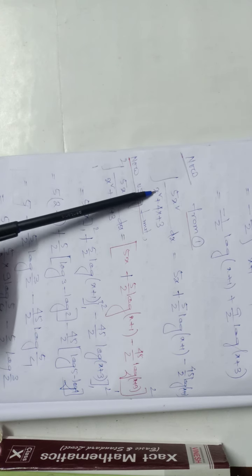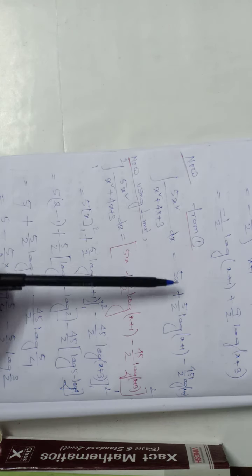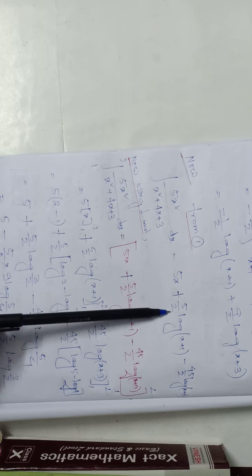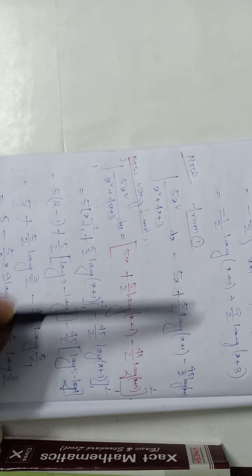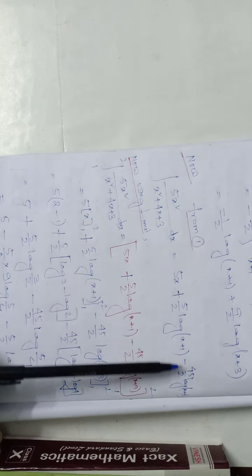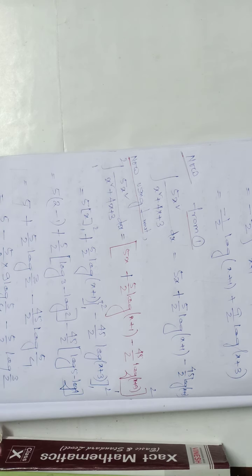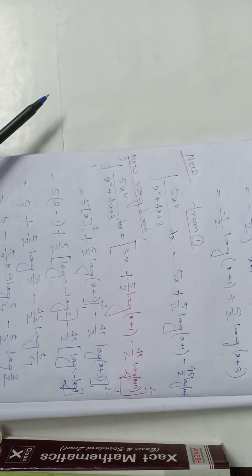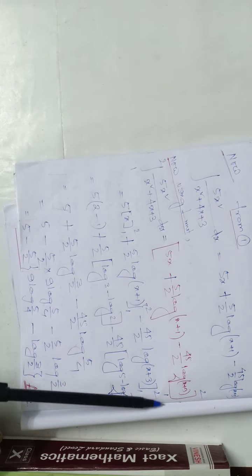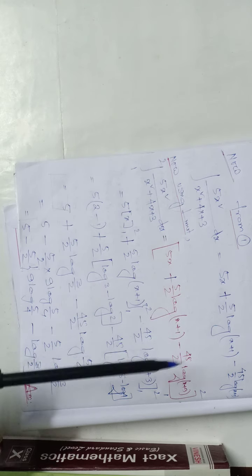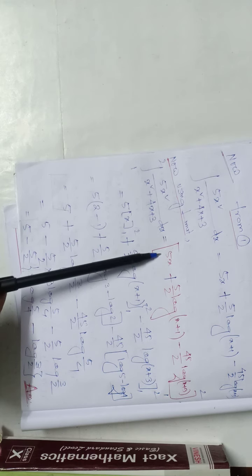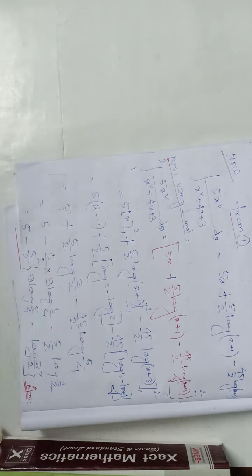Now from I1 we can write the integration of 5x squared by (x square plus 4x plus 3), which is the question, as 5x plus 5 by 2 log (x plus 1), because the minus times minus is plus, and minus 5 times 9 is 45 by 2 log of (x plus 3). Now using the theorem, using the limit, we can put the limit 1 to 2. So in each term here also, we have to use the limit.